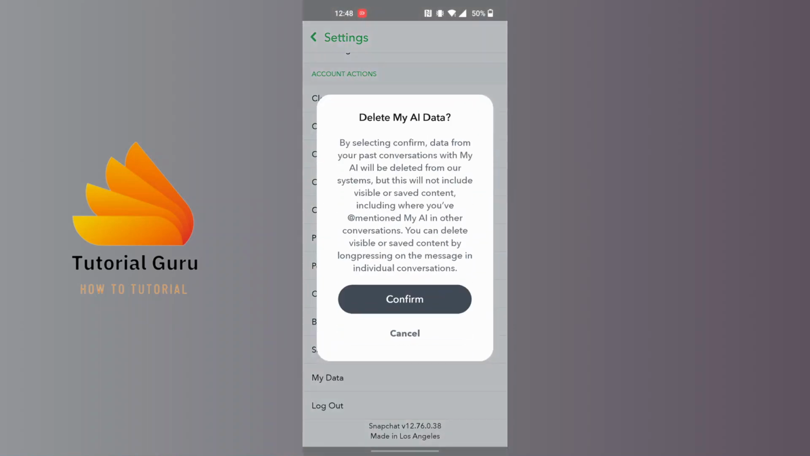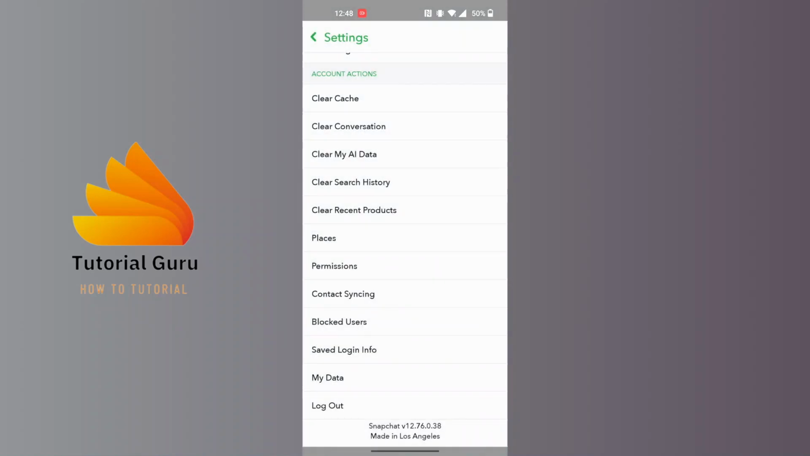If you tap on that clear My AI data, it will be deleting all of the chats and information you shared with My AI on Snapchat. Tap on confirm. One way is doing this, and go back,